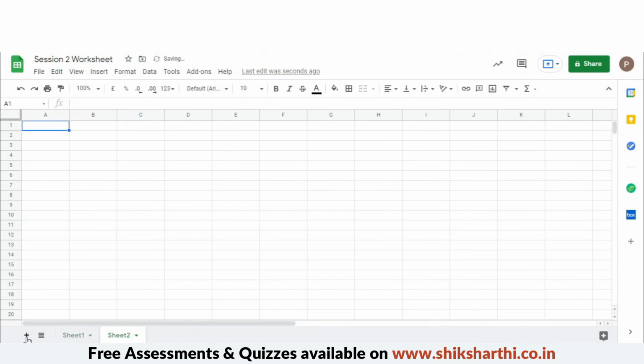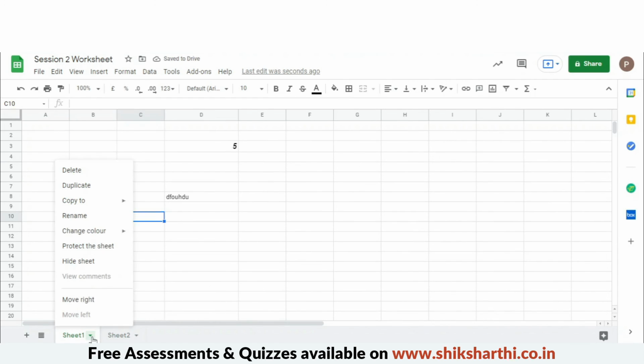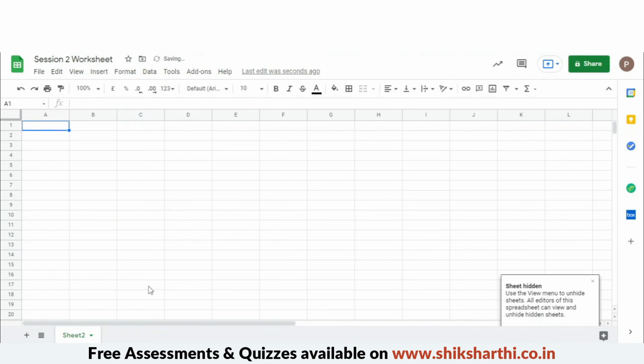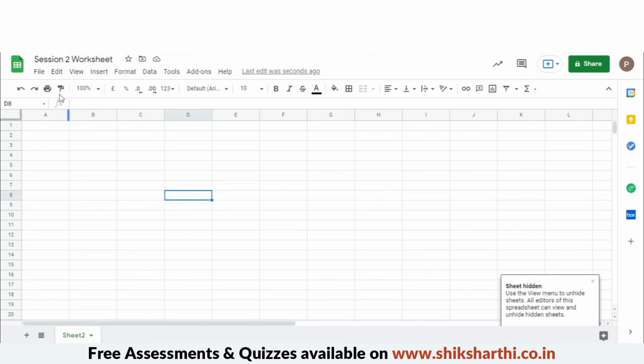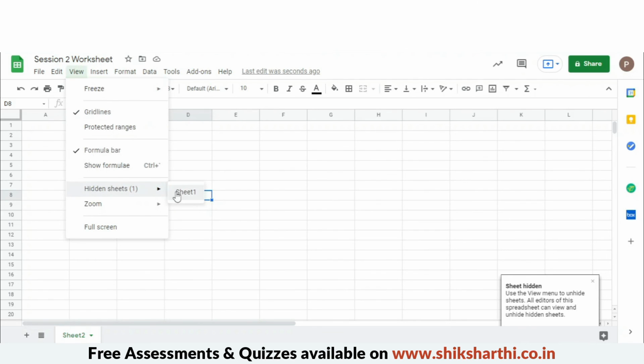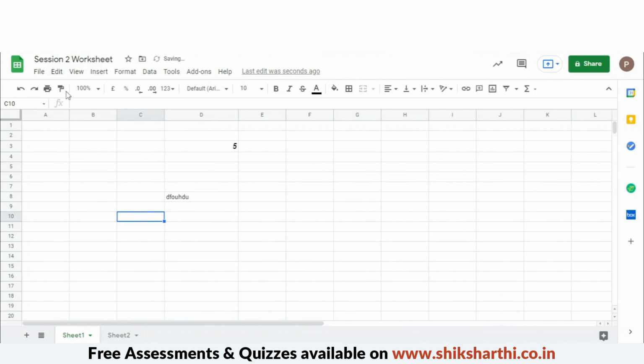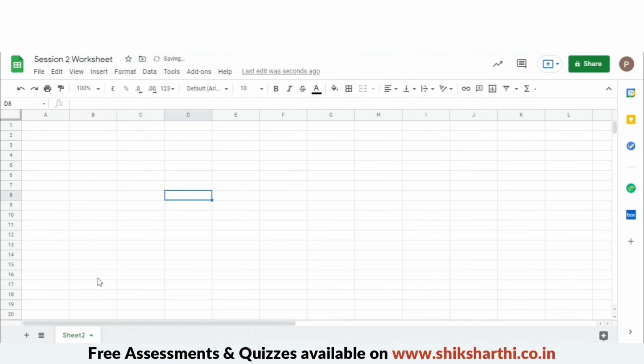Now if there are 2 sheets, selecting hide sheet hides one of the sheets. Going to view and clicking hidden sheets, there is a sheet which is hidden, and it opens the hidden sheet. See, once again you can hide a sheet whenever you want.